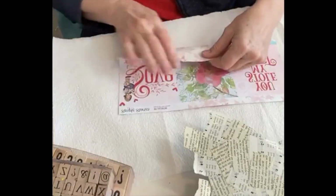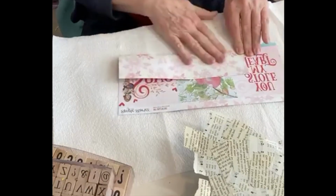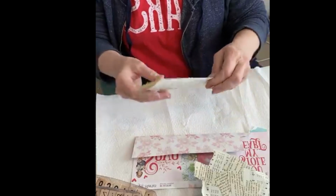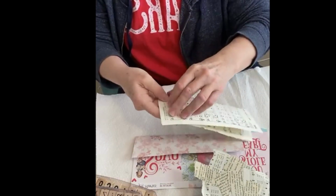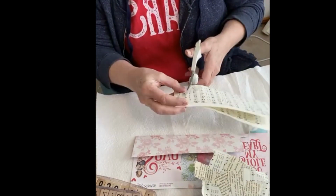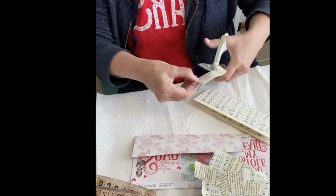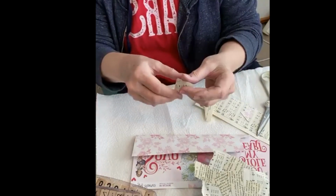You need to fold your paper in half, okay? Because we're going to cut out our pendants on the fold. And then where the fold is, you're going to lay your template on there. And then you're going to cut it out. And this does not have to be perfect. So when you get finished,